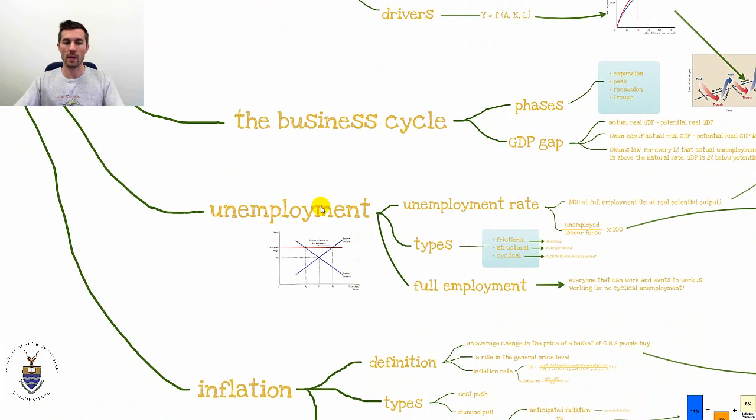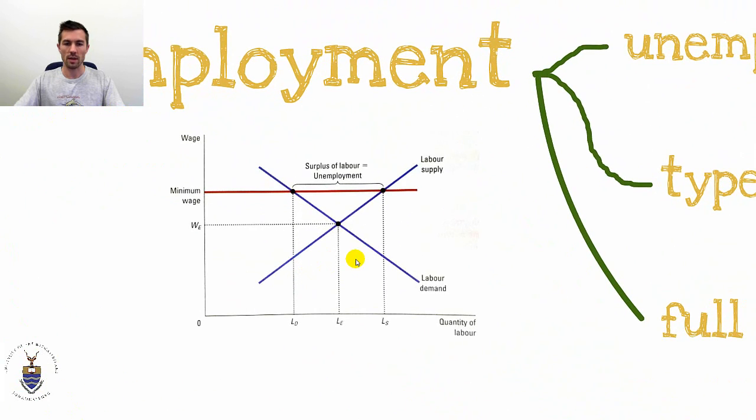And also under unemployment, what I hadn't done was actually add a graph of what it looks like. So we discussed what it was, but in our labor market, if we have a full employment wage, then we have no unemployment. If we are away from the full employment wage and we have people who want to work but cannot work, so for example if we have a minimum wage